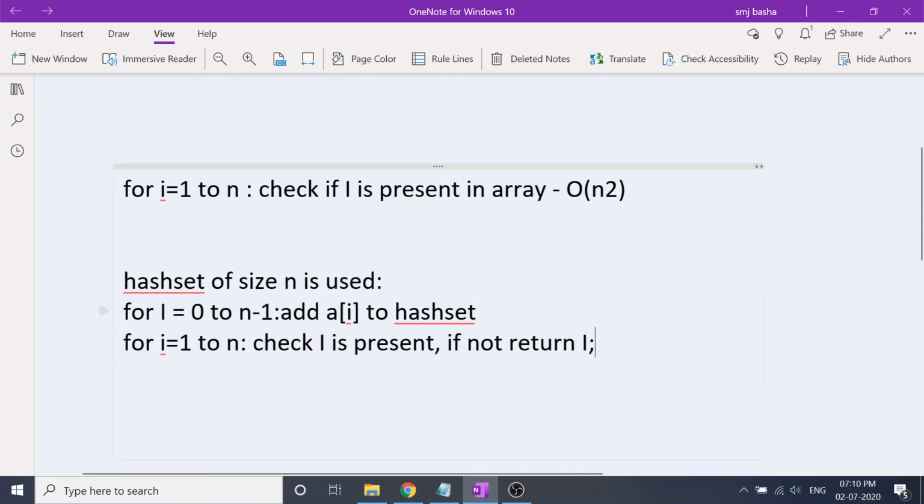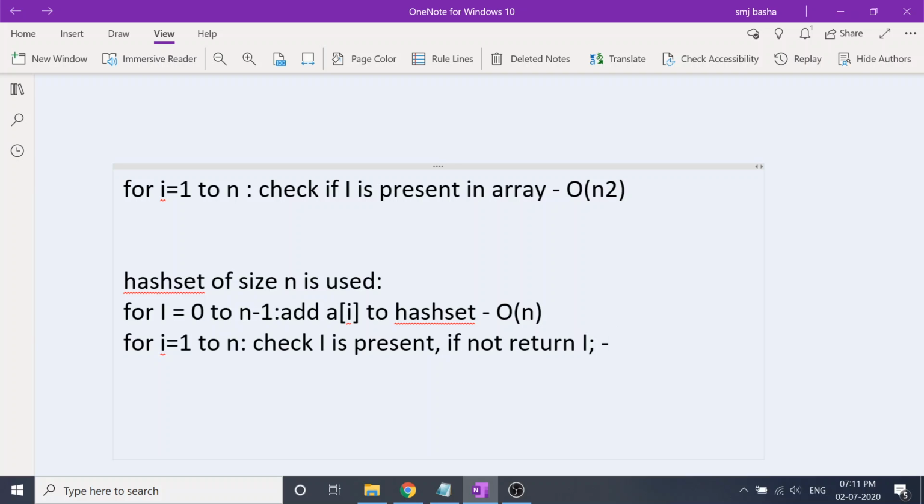As you can see here, in the first for loop, we are just adding the elements, which is order of n, actually order of n minus 1, because we are adding n minus 1 elements, which is again equal to order of n. In the next loop, we are checking if i is present for i from 1 to n.